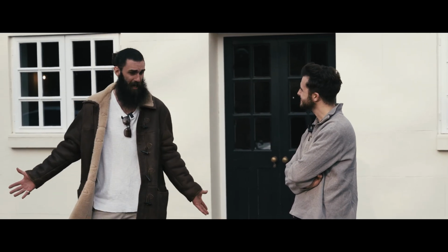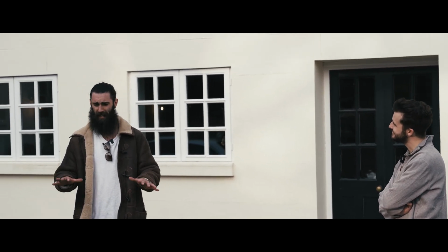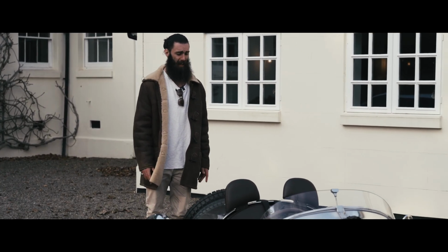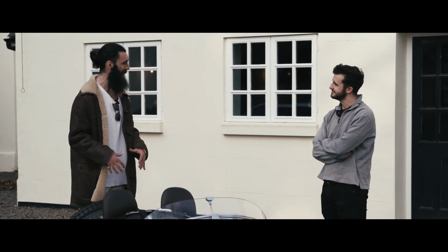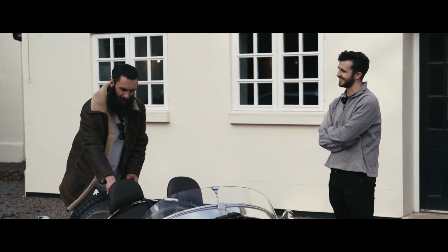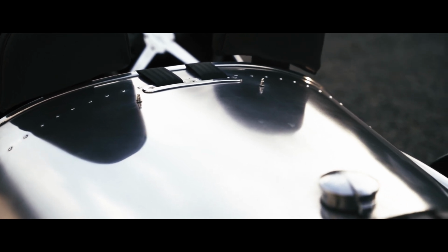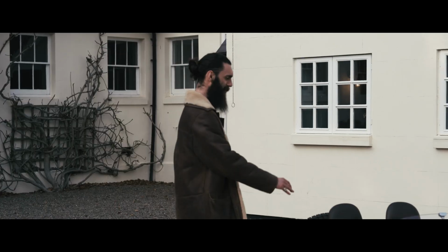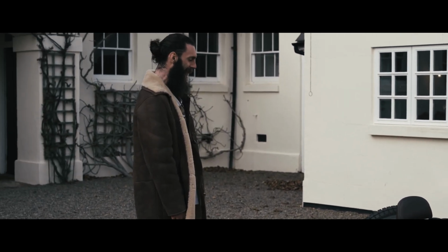You asked me earlier, what would you change about the car? And I've really thought about this. Throughout the driving experience, standing here, I was chatting to Stevie a bit ago. I don't think I would change anything, Guy. I would love to be able to take my dog out in it, because I can see his ears flapping in the wind. So maybe instead of a boot, a little cutout where Trigger could sit in the back. The boot comes out there, so I reckon you'd be all right. I reckon he could fit in, so maybe have that. He's pretty big, isn't he? He's a big boy. Maybe I need a one-seater with a big bit for a Doberman, I don't know. But other than that,